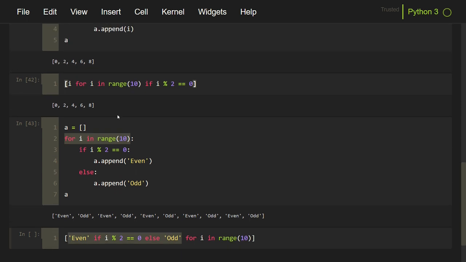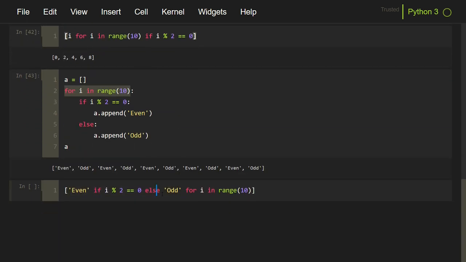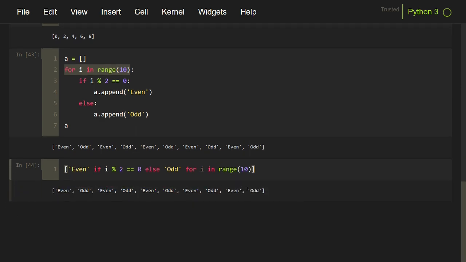So we are following this same approach as before by passing an expression and then a for loop, but we are using a conditional clause in the expression. Now if I run this, I will get the same list as before. You cannot use the elif keyword in the list comprehension, but you can achieve the same effects as the elif keyword using multiple if-else conditions. But that will just make the code hard to understand, so you better use a for loop for this.